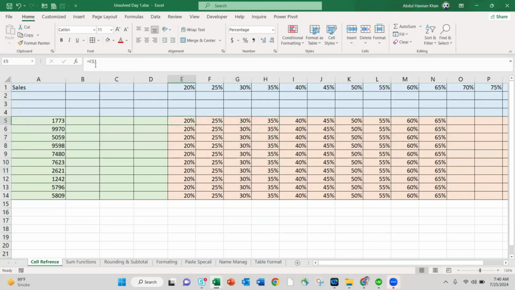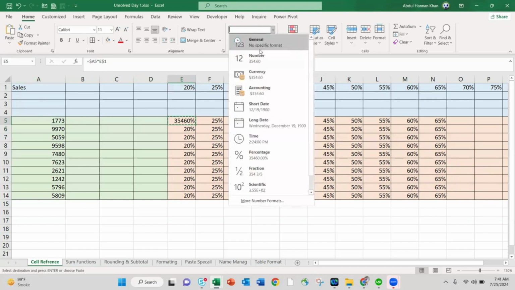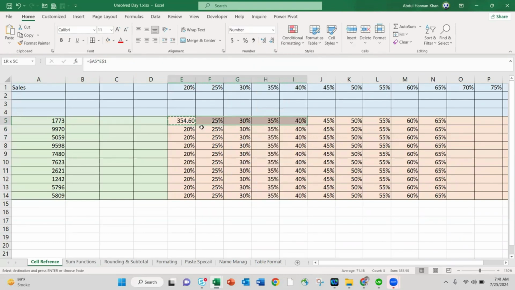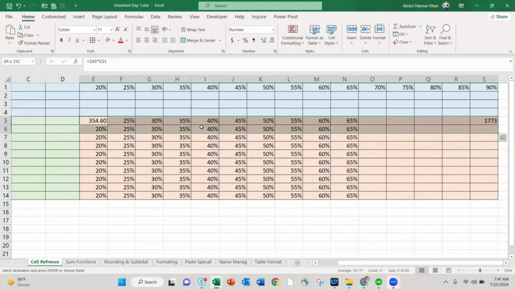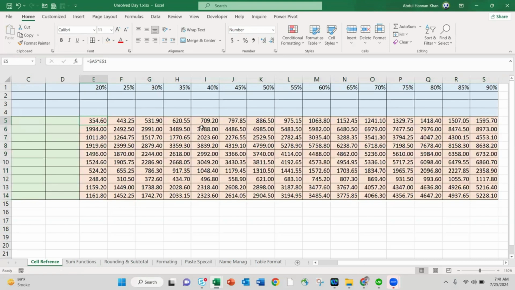Similarly, let me put both one. Okay, now it's this multiply by this, which was actually our concern. So I am putting the dollar sign here. Okay, and I'm also changing this to a number. Now you will get the point that it is copying this and pasting it here. So this is the bottom line,